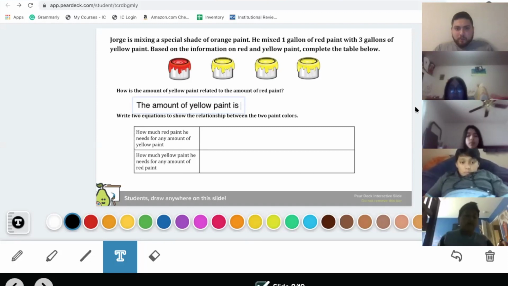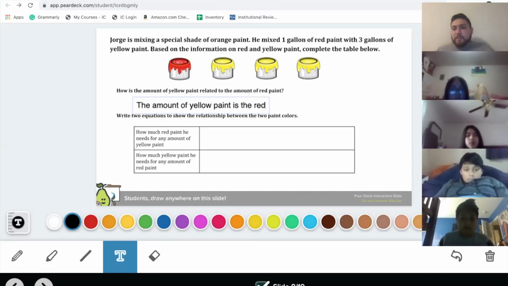I heard the red, but I couldn't hear the rest. Can you type it in the chat? Thank you, Angel. I appreciate that. If you guys know how to finish the sentence, please type it in the chat as well. And I'm going to take the word is out. I'm going to put equals